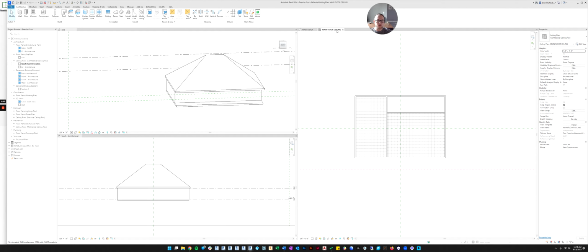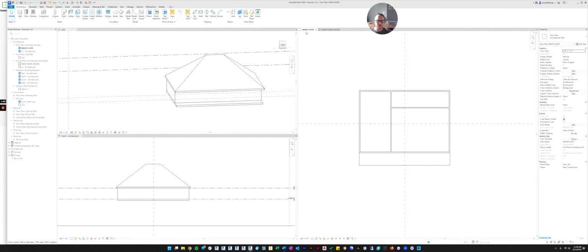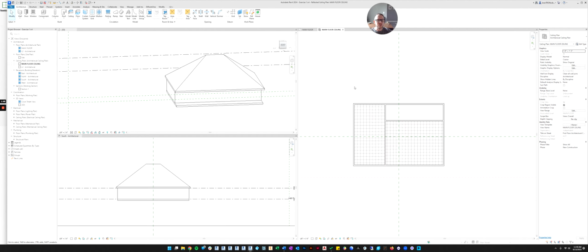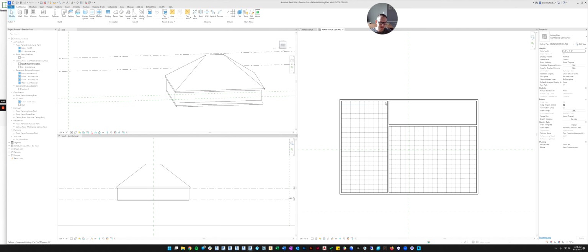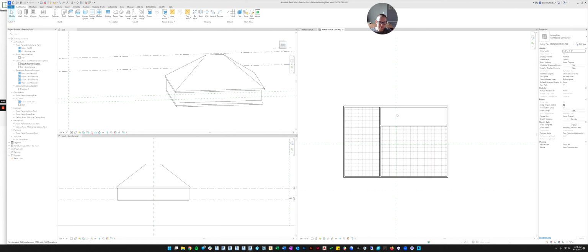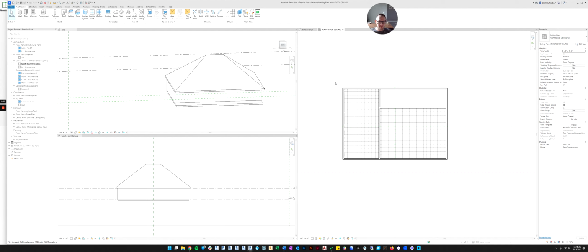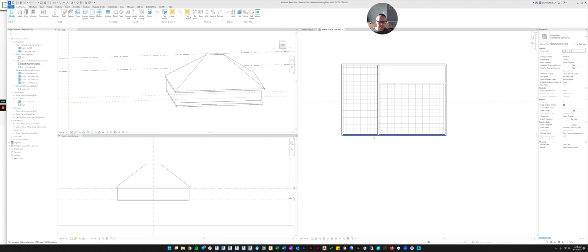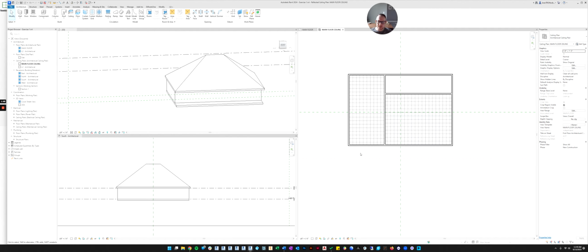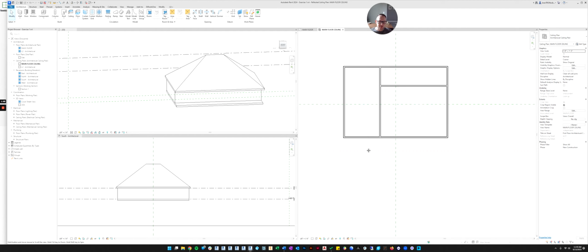Okay, so now you can see we're in the main floor ceiling plan, and you can switch back to the main floor plan. So all this is doing, it's the same thing as the floor plan, but instead of looking down, it's looking up. So now you can see this is our ceiling, is what you can see here. And what we want to do is we want to create a ceiling above the porch. So let's quickly, well, we don't want to create a ceiling, sorry, we want to create a soffit.